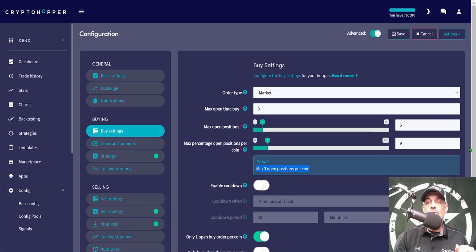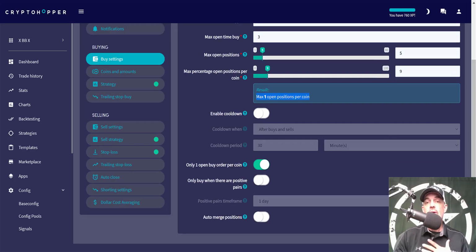Enable cooldown, I do not have enabled. Now, I monitor my bots on a regular basis, so I can actually enable and disable the hopper manually versus having to enable cooldown time. So this is a handy feature if you're looking to set it and forget it. Now, I will warn you, setting and forgetting